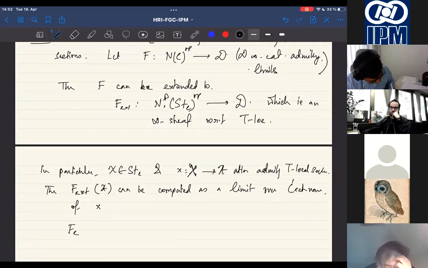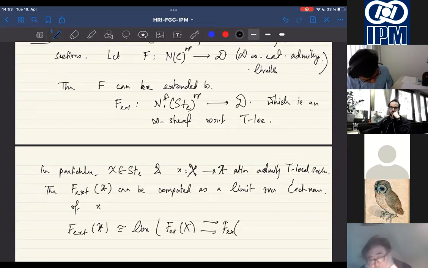That means that Fx of x is actually computed as a limit of